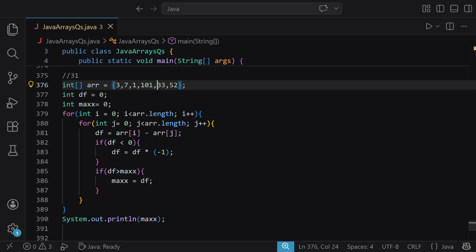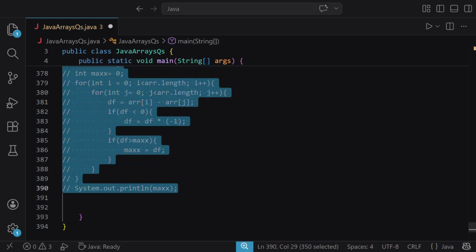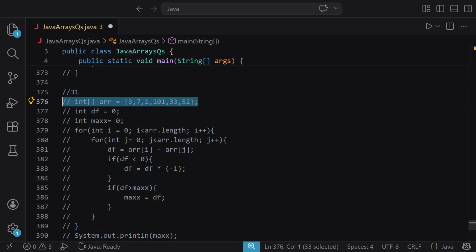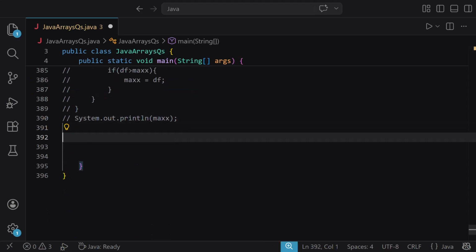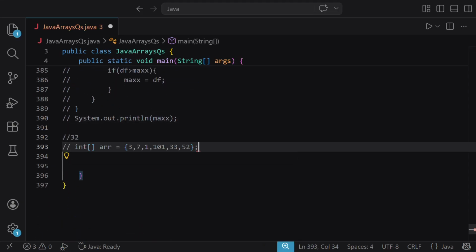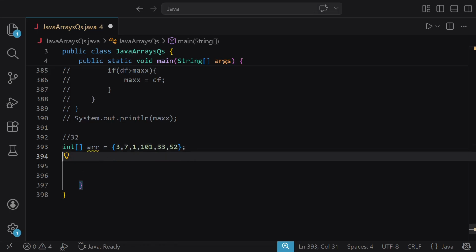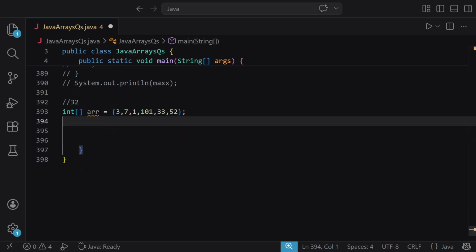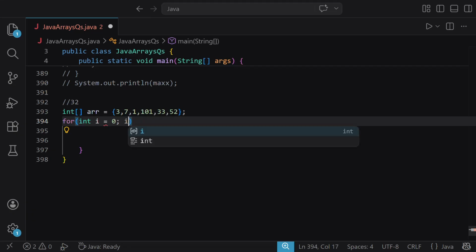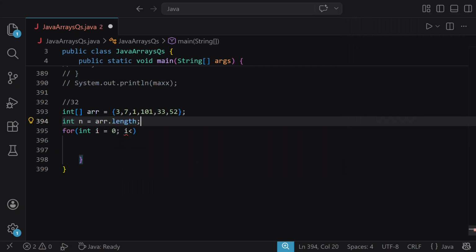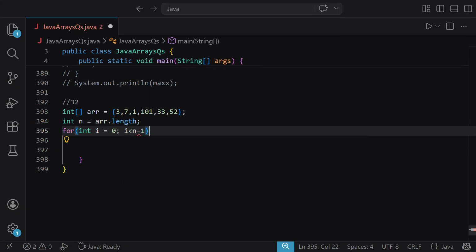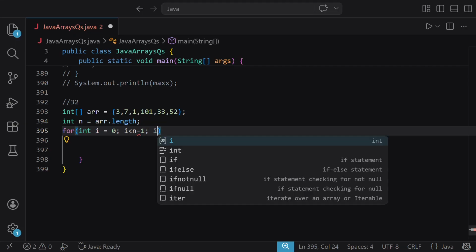So now the next question is to find the first repeating element. To find the first repeating element, we have taken our array here and we can take a for loop. We can even calculate the length of the array. So here we can simply write n minus 1. Then i plus plus